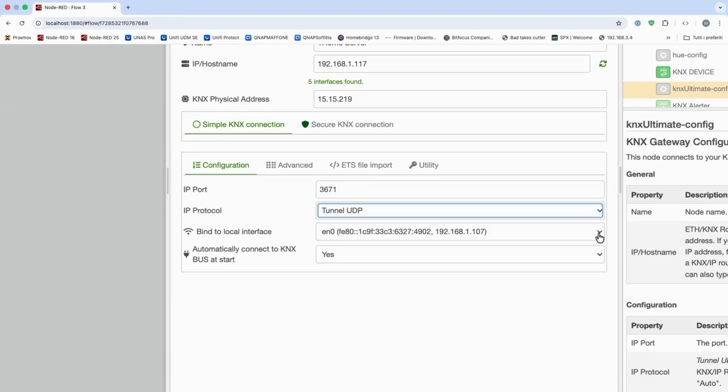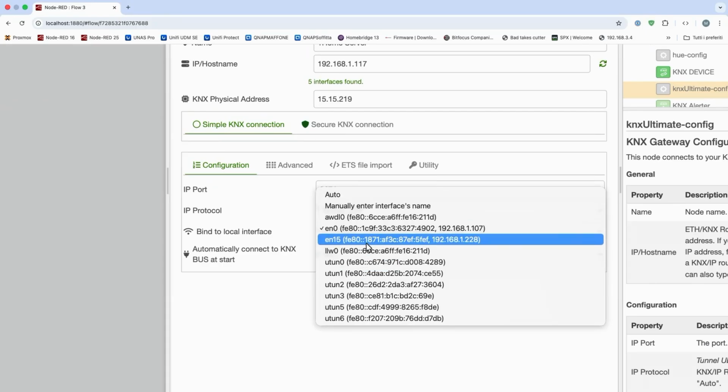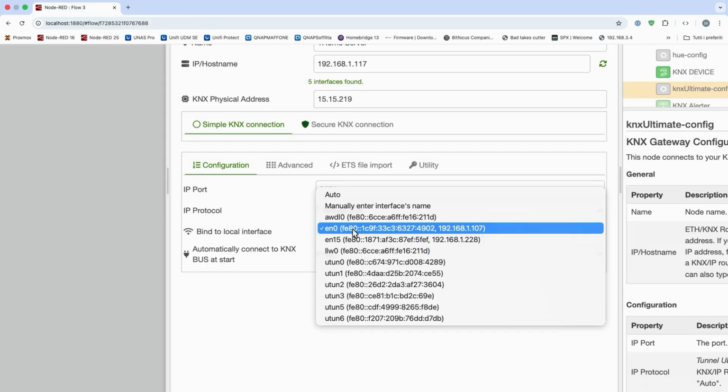The bind to interface tells the system to bind to a specific interface. In KNX UDP and multicast, we send packets to the UDP protocol, so UDP something will be misunderstood by your system if the system has more than one Ethernet interface. In this case, I have a bunch of interfaces on my MacBook, so I select, and it's selected automatically, this one.